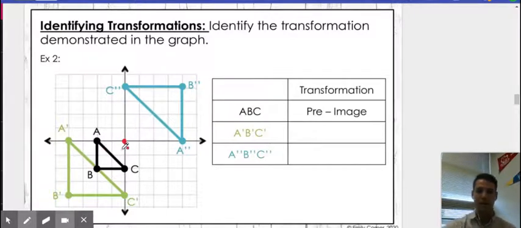If I want to figure out the scale factor, I just need to figure out, from this red point, I have to go down 2 and then over 2 to the left to get to B. In order to go from this point to B prime, I have to go down 4 and over 4. That is double the amount, so we have a dilation by scale factor of 2 to get to our green